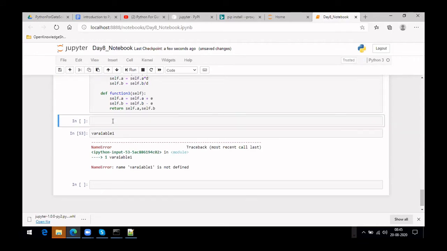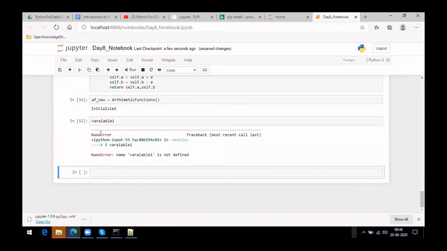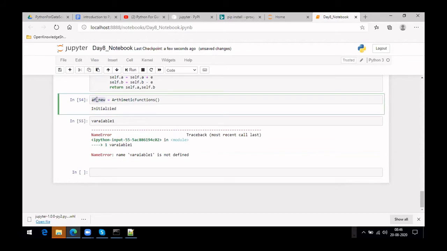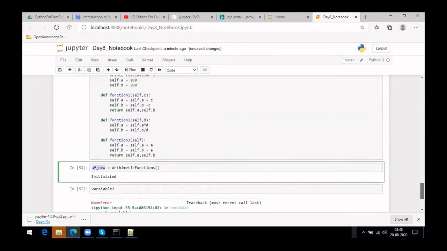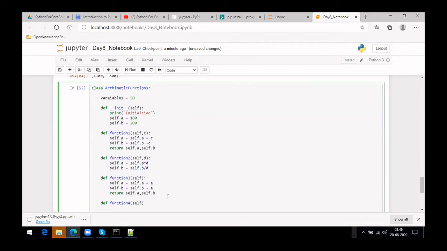Let me add a class here and create a new one. Okay, initialize. So it got initialized. Let me see variable now. Still it's the same. So can it be accessible? Let me use one function here, function for cell. Nothing in return, I'm just printing what the variable is. Okay, so if it is printed,